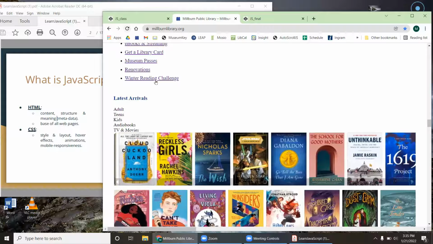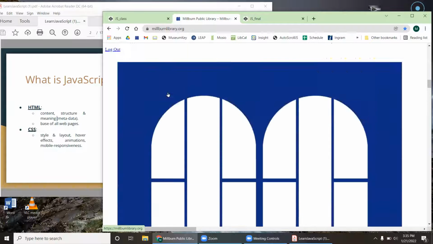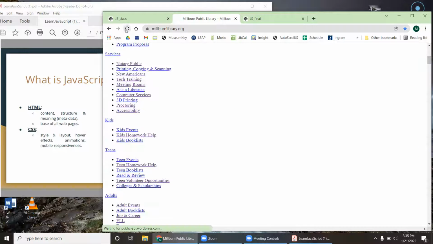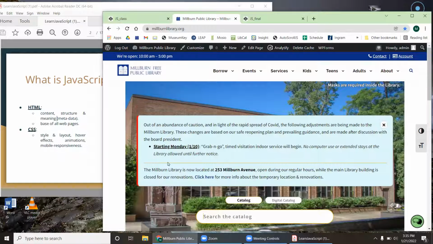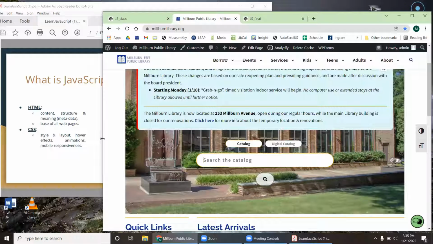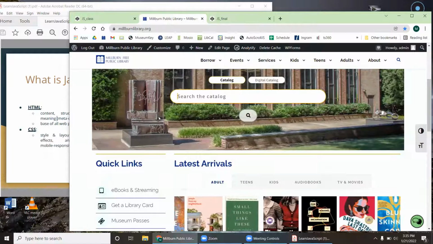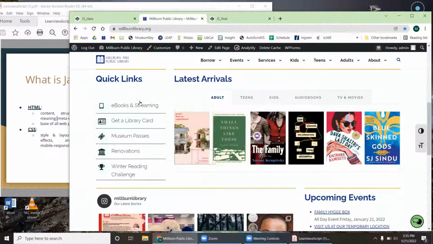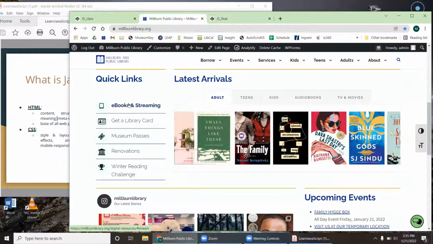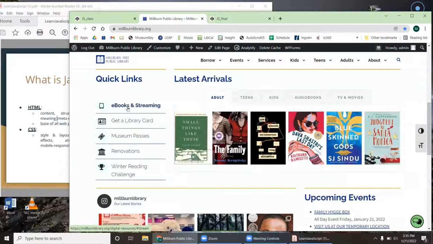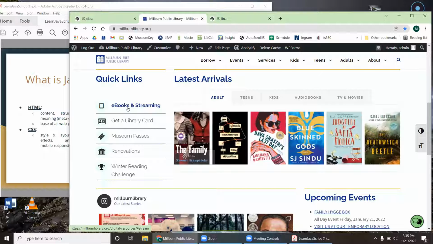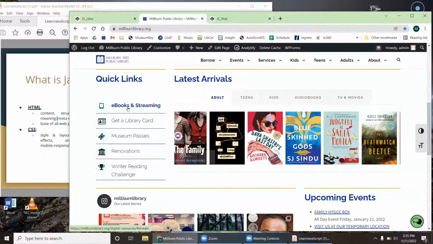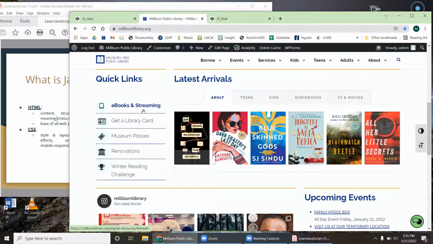But then when you add in the CSS, you can take all this plain stuff just kind of stacked up like that, and you can get a really cool thing with all types of layout and dynamic resizing with CSS at that point. And we even see you can do hover effects with CSS. We saw last time you can do animations, the mobile responsiveness. That's all CSS. But JavaScript today is going to be